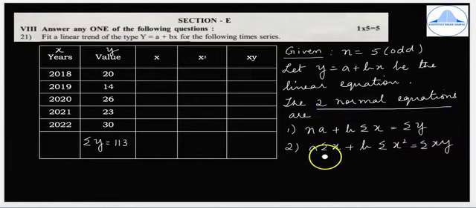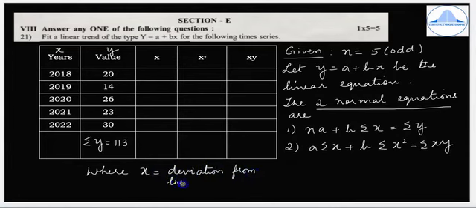It will help us to get the values of A and B. Now observe that the x values are all 4-digit numbers, and if we have to square them or cube them, the values are going to become even larger. So to avoid such a situation, we use a different formula for x. Whenever n is odd, x is nothing but deviation from the middle year